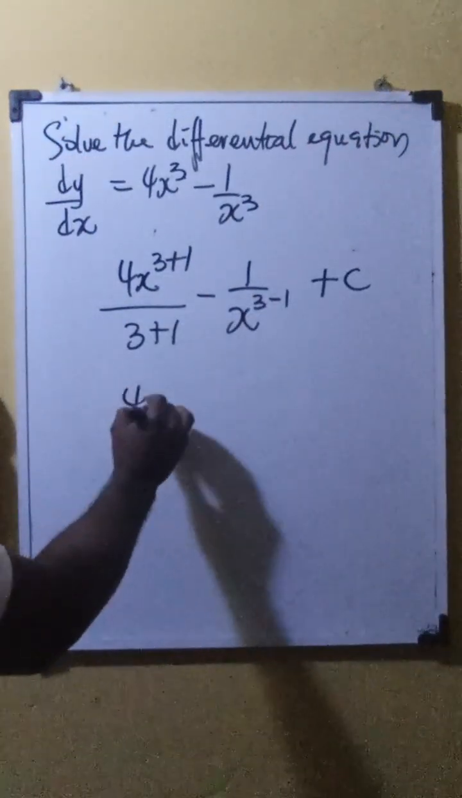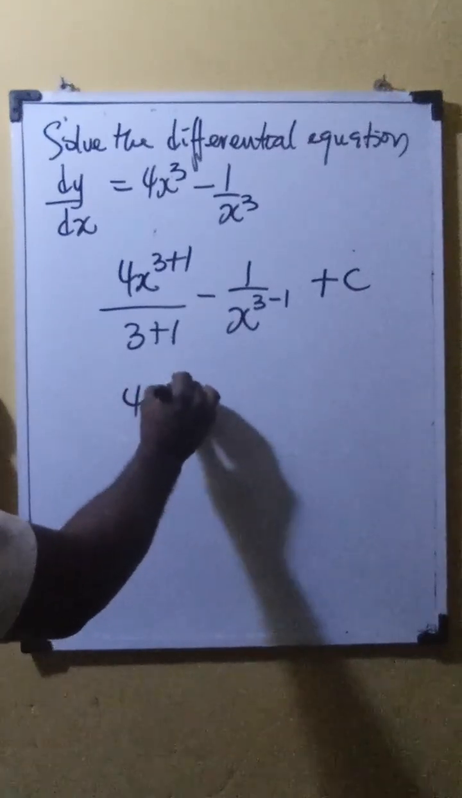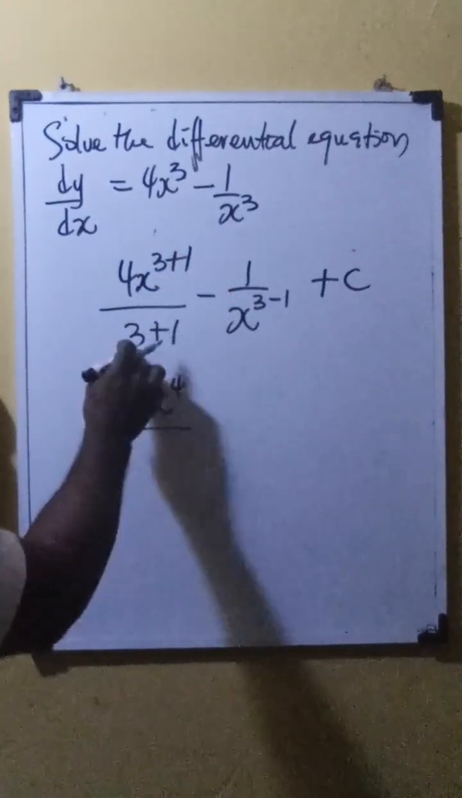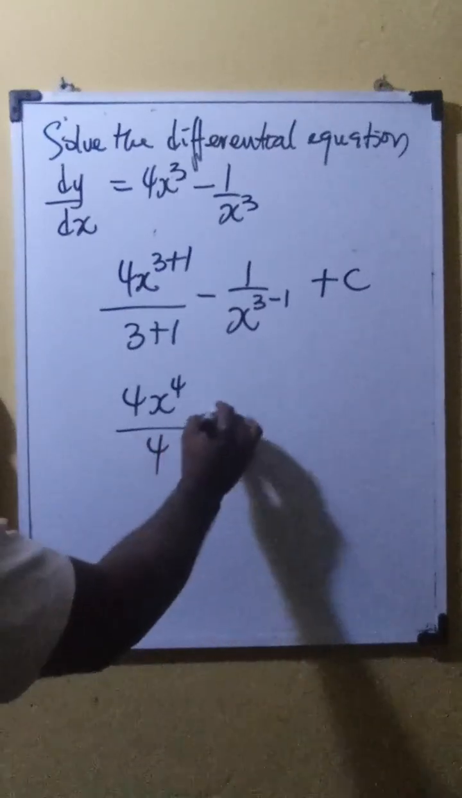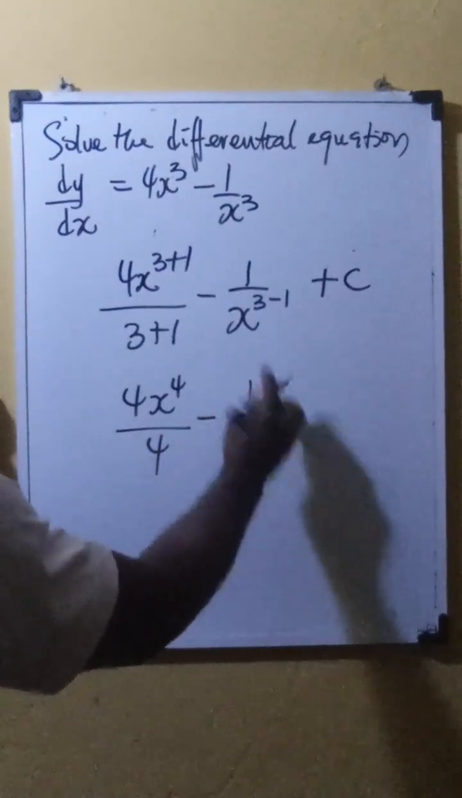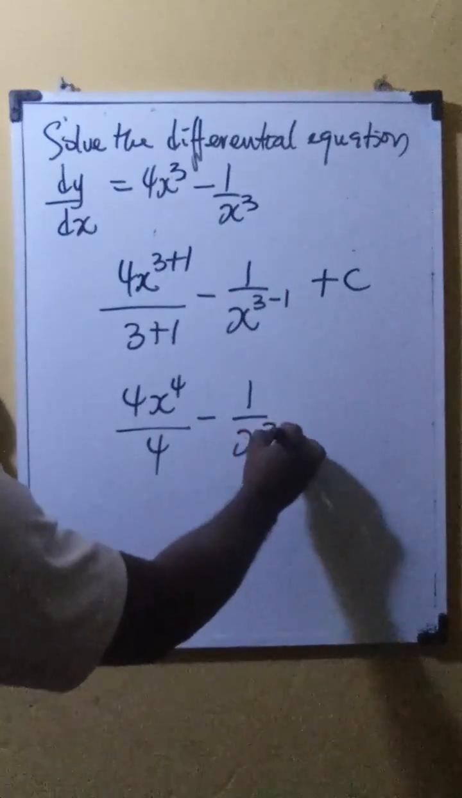So we have 4x raised to the power of 4, since 3 plus 1 is 4, and here 3 plus 1 is 4. Minus 1 over x. This minus this is 2, plus